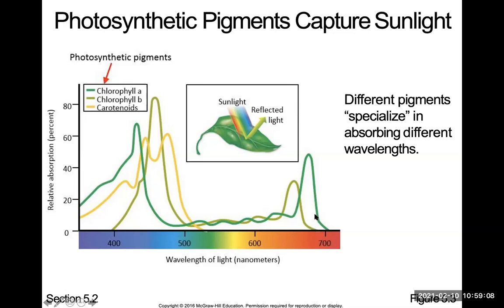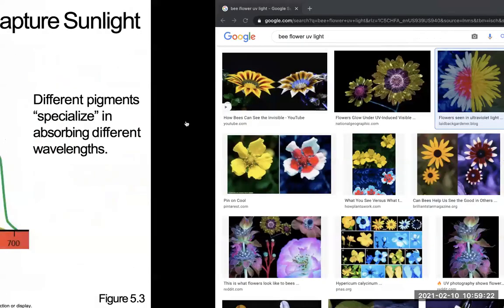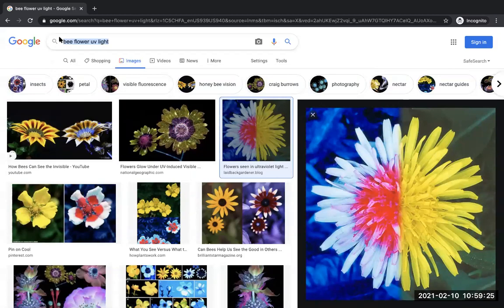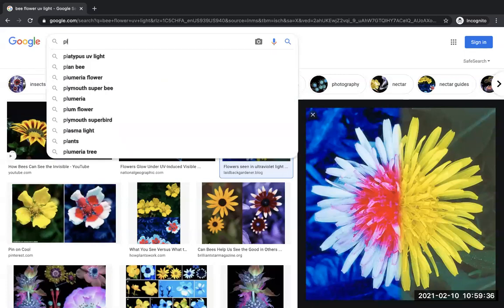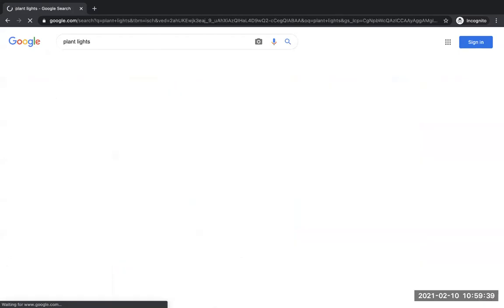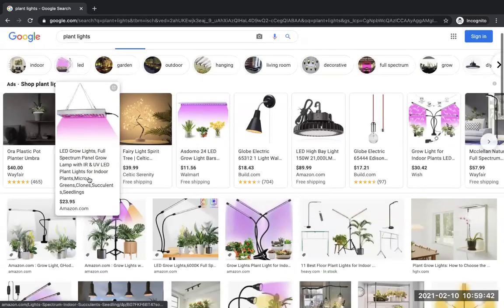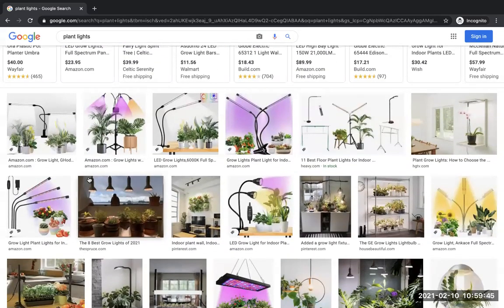This is telling us plants mostly absorb blue light, dark blue, violet light, and then red light here. This is what they mostly absorb. If you guys were in the lab today, we would have done this experiment where you put some plants under different lights and then measure the amount of photosynthesis. So since we know that plants mostly absorb blue light and red light,